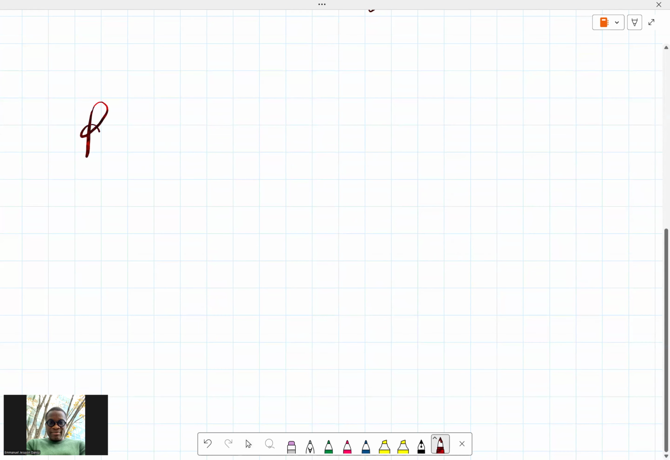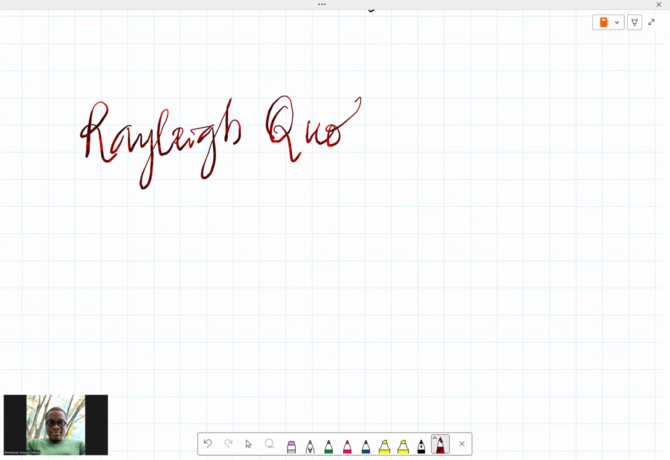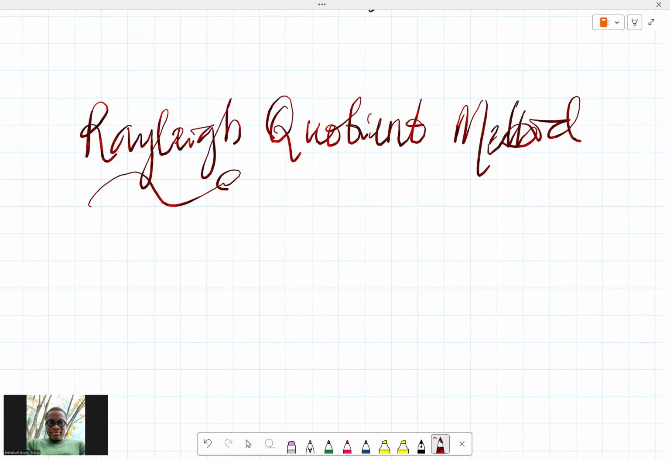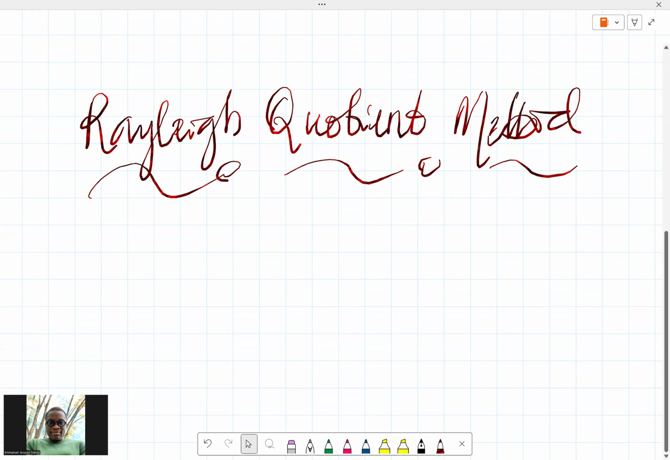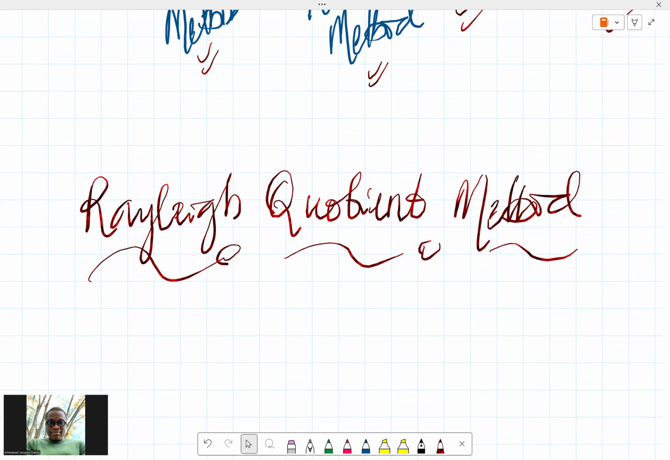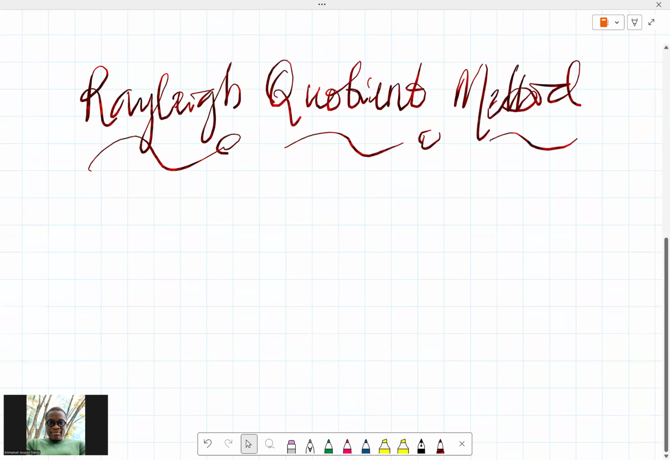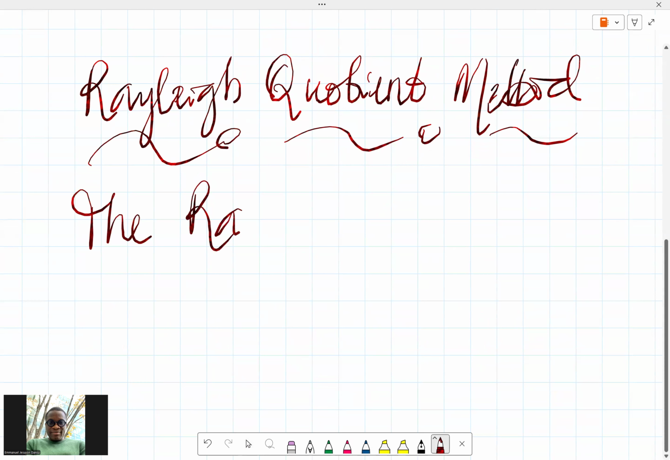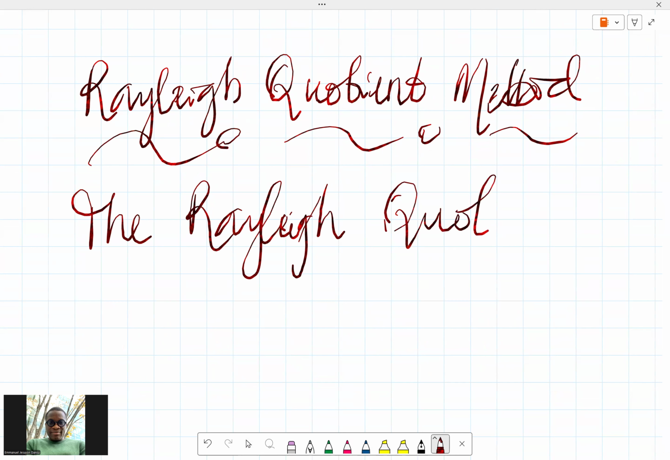So let's go. Rayleigh quotient method for computing eigenvalues and eigenvectors. Interestingly, the Rayleigh quotient method looks a bit like the power method and the inverse iterative method, right? So let's see how that looks. The Rayleigh quotient method